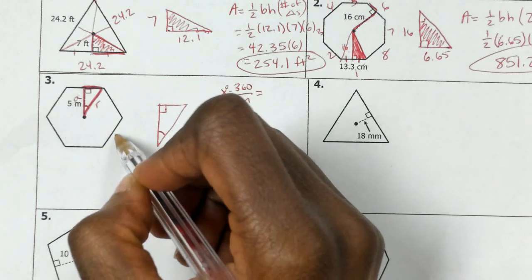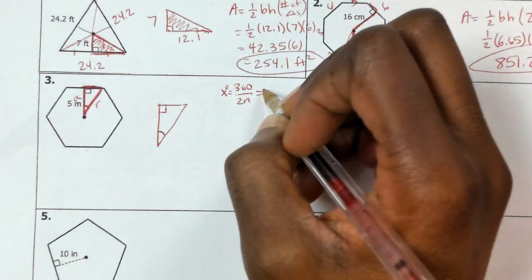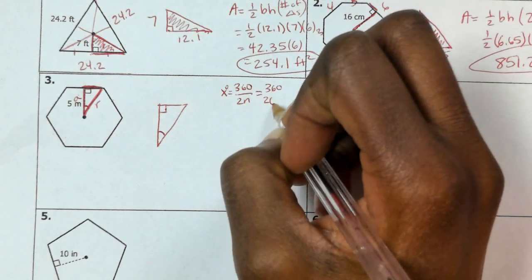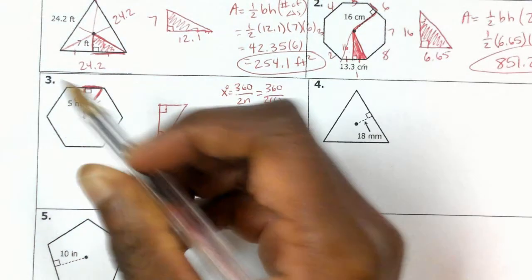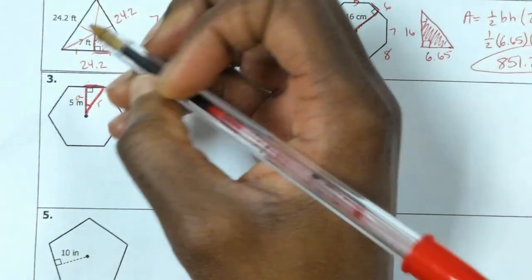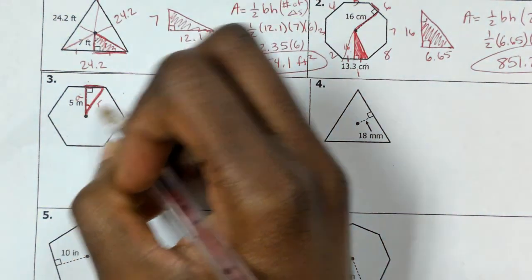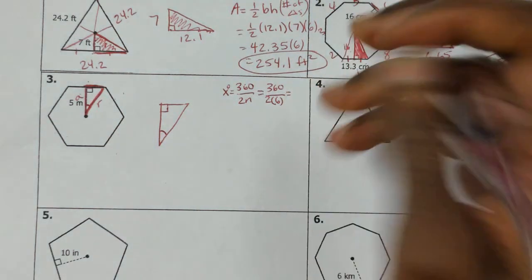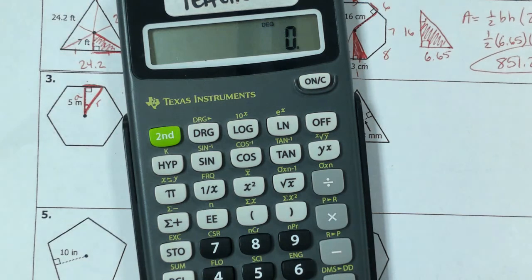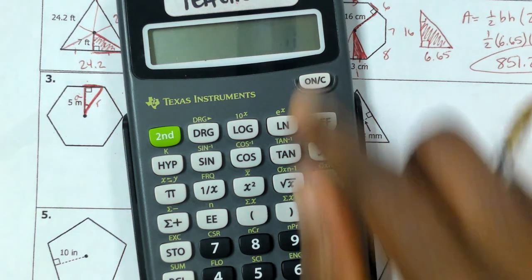So 2, 4, 6, 8, 10, 12. So I'd be dividing by 12, or 2 times 6. That's how I got the 12. Okay, so there's 6 sides, but I can make 2 triangles per side. So 360 divided by, and again I want to do 360 divided by 2 divided by 6, or 360 divided